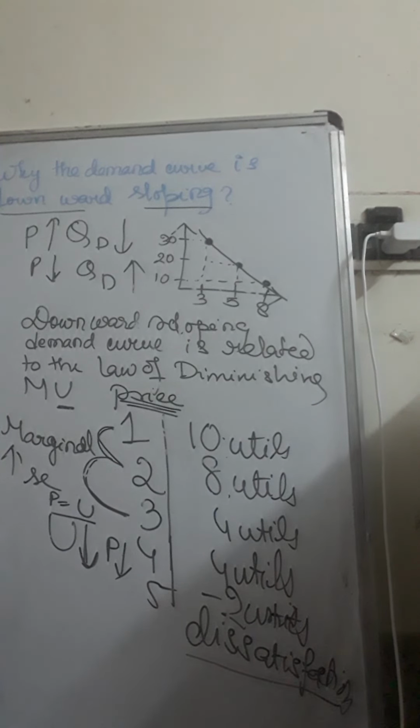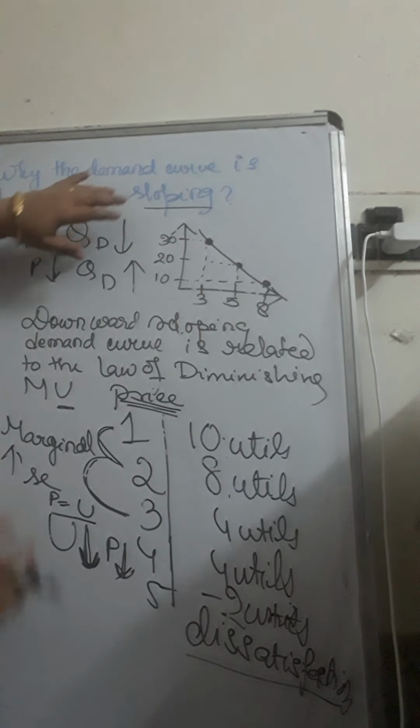Suppose you return home after buying some items which you never thought of before going. Why does it happen? Because those goods never came to your mind, as they give you very little utility. But why did you end up buying them? Because they were low priced, and you thought at least at a low price you are getting something. So you always value utility with the price. If anything has lower utility to you, you will only buy it if it is less priced. That means you always equate utility to the price.